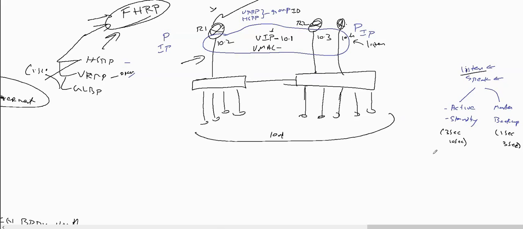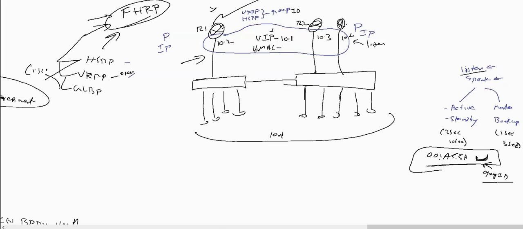For example, I'm giving a random number, something like AC something 5A. The MAC is a 48-bit number, so the last byte is going to be the group ID